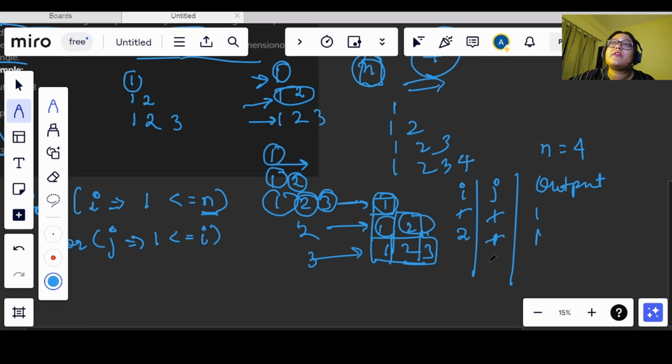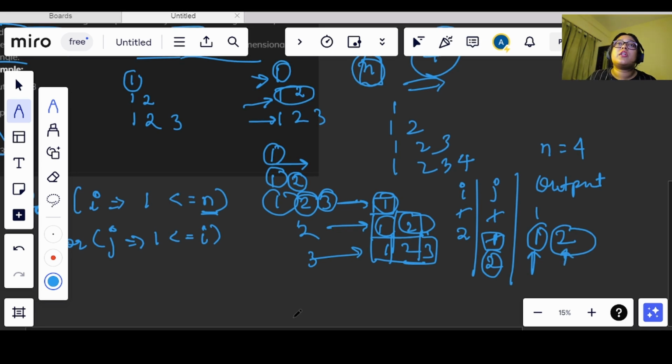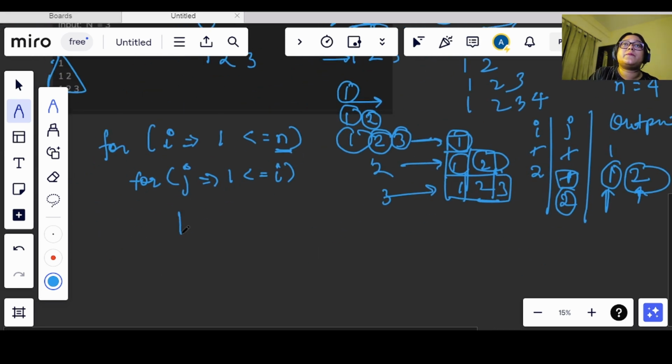And after that j will get updated to 2 and we need to print 2 here. So what we can do, we can simply print j here, right? We don't need to keep a count or anything like that. If we are printing j, then whatever value we are iterating on, we are simply printing that only, right? So let's say I am printing j here